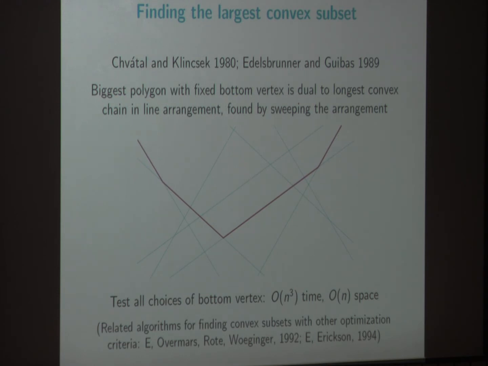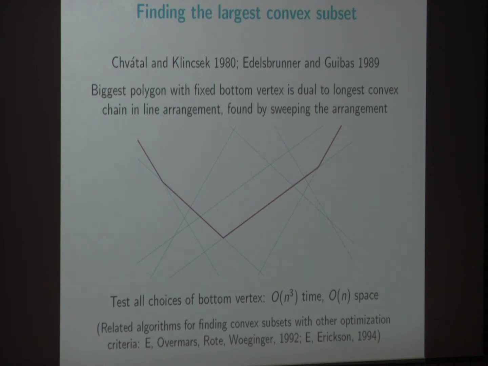That seems more complicated, but it's actually simpler. Because if you fix a bottom vertex and look for the largest convex subset of the rest, you can apply a form of projective duality and turn that into a problem of finding the longest convex chain of line segments in a line arrangement. And then what this paper by Erdős and Szekeres from '89 was really about was how